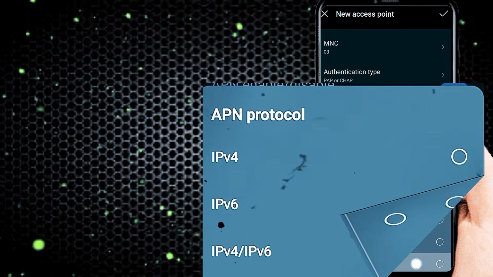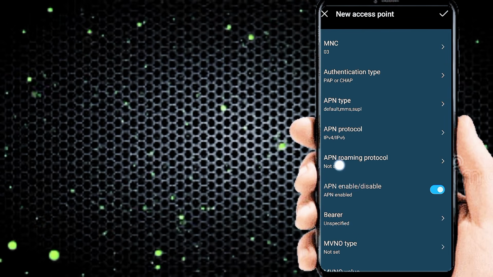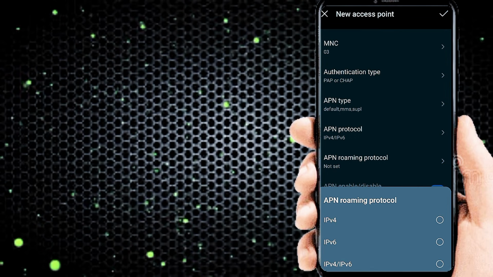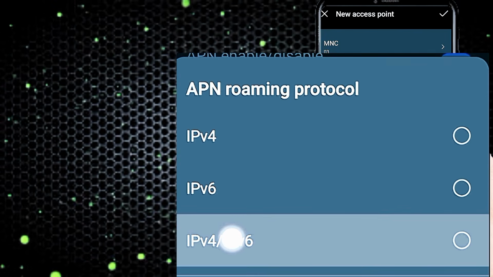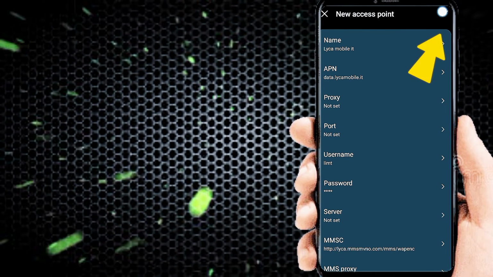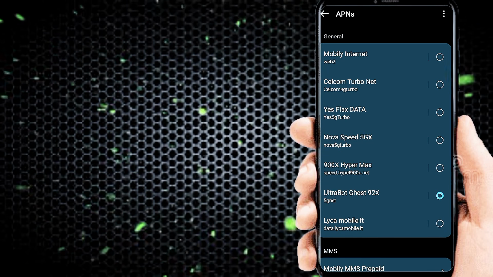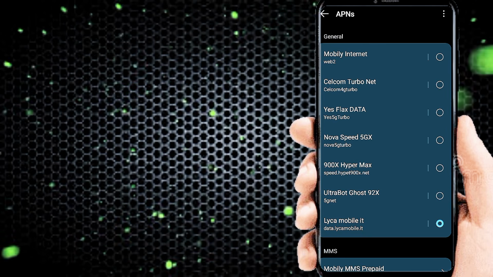APN protocol, IPv4/IPv6. APN roaming protocol, IPv4/IPv6. Now, save the new APN settings, select this APN, and after restarting the phone, check your Android phone's internet